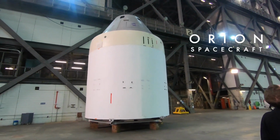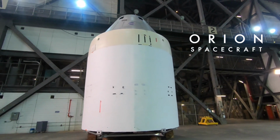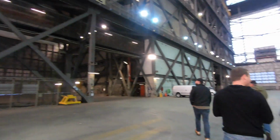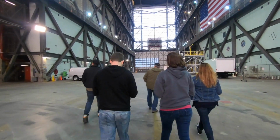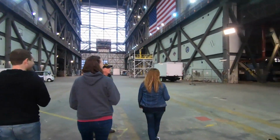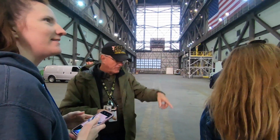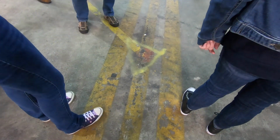There's our Orion mock-up. That's actually flown around the moon. Well, not this one, but they've done a test launch already. This right there is one of the old mobile launch platforms. If you look at this red dot right here, when we brought the shuttle in here,